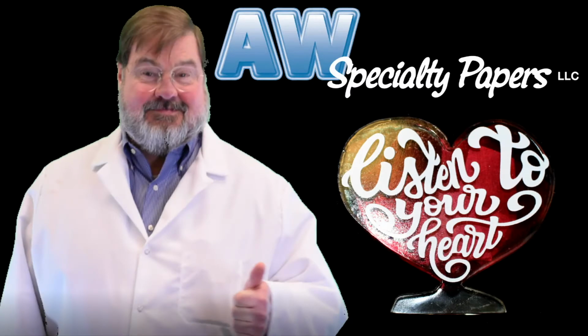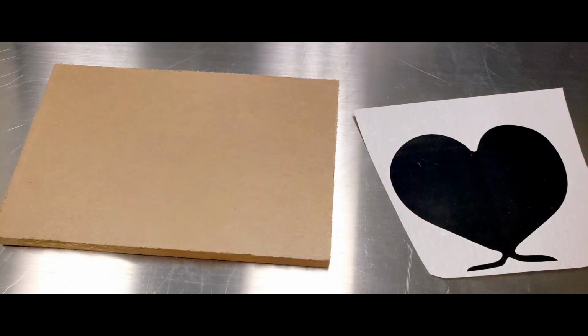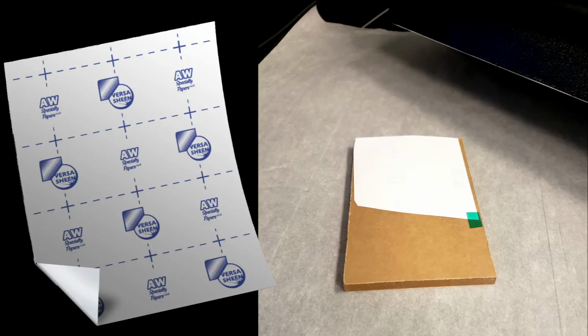Today we're working on this Valentine plexiglass heart project. Learn how you can create this beautiful 3D effect with your white toner laser printer and acrylic plexiglass. In this project we are working with cast acrylic that is 3/8 inch thick and this cutout design. All of the laser printed transfer images for this project were made using the Versa Sheen hard surface transfer media